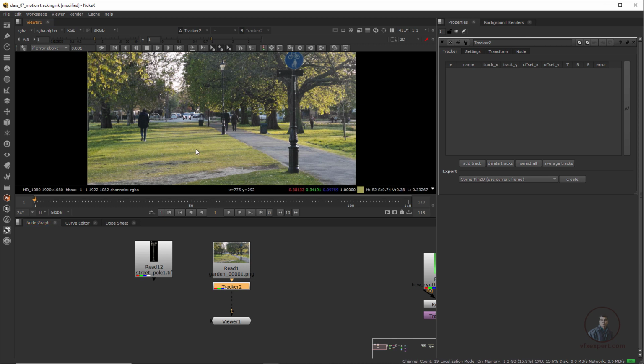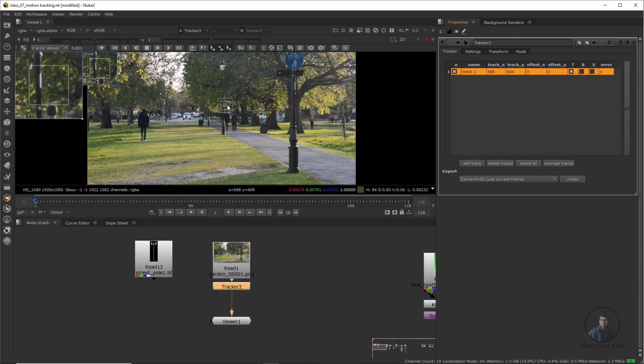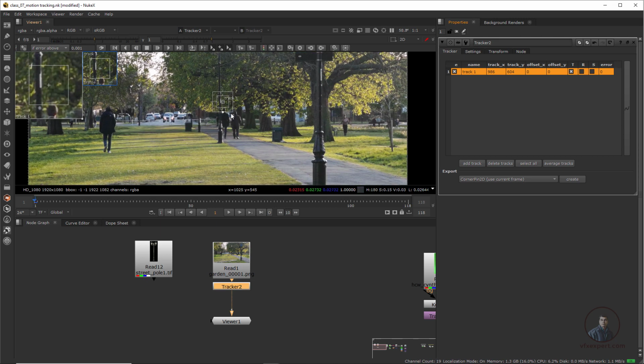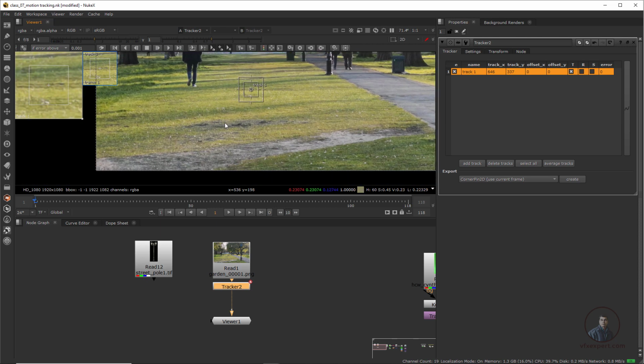Now first we are going to see how we can add a tracker into our scene. There are mainly 2 options. First, on the right side, down side, there is Add Track. With the help of this you can add your tracker points and track them. Then you will get this Tracker 1. Then you can simply move it according to which point you want to track. Suppose I want to track this point, you can simply place it here. Then you can adjust the search pattern and search area according to your requirements, by simply clicking the search area and search pattern.